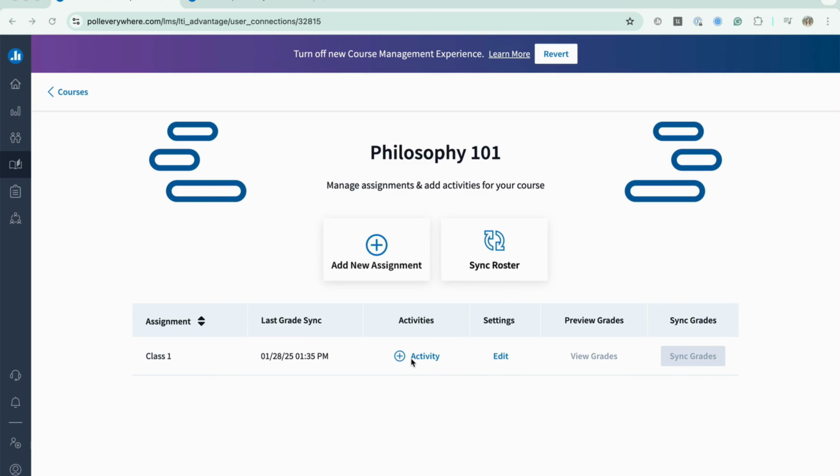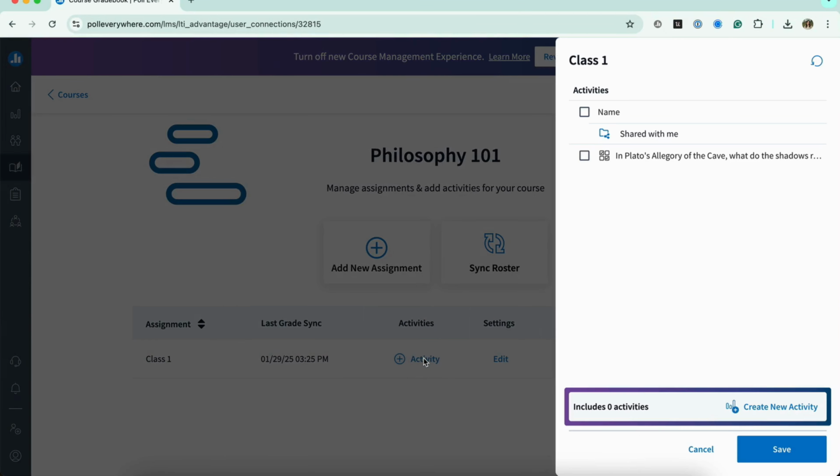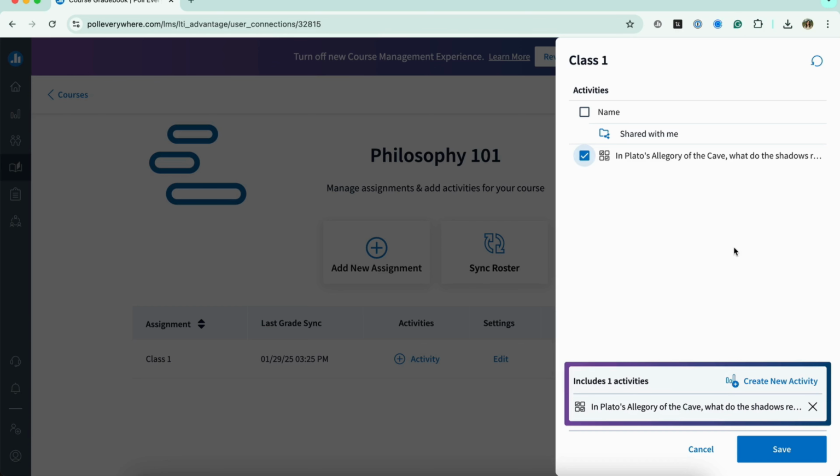So to do that, go ahead and click on this plus button here with the word activity. Let's click on that. So here is one poll that I have previously presented in class. Maybe I presented this during my Class 1 or the first class of my semester. I want to go ahead and add this to my assignment so I can sync that data back to my